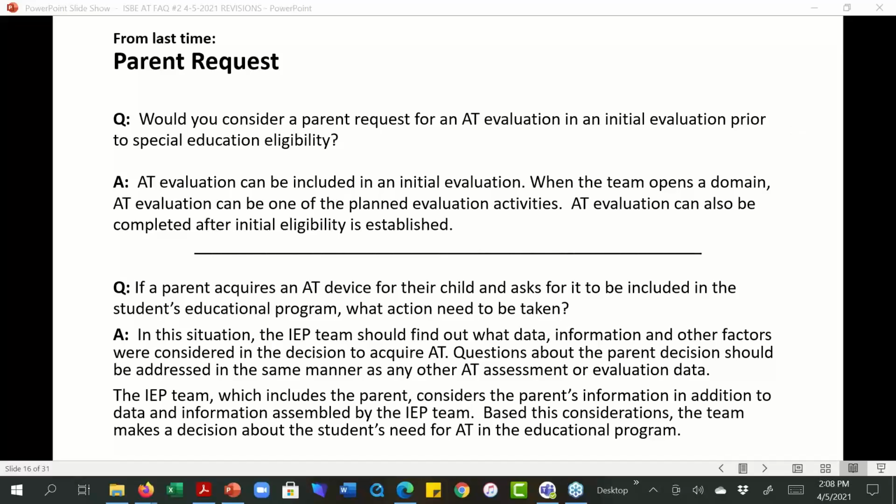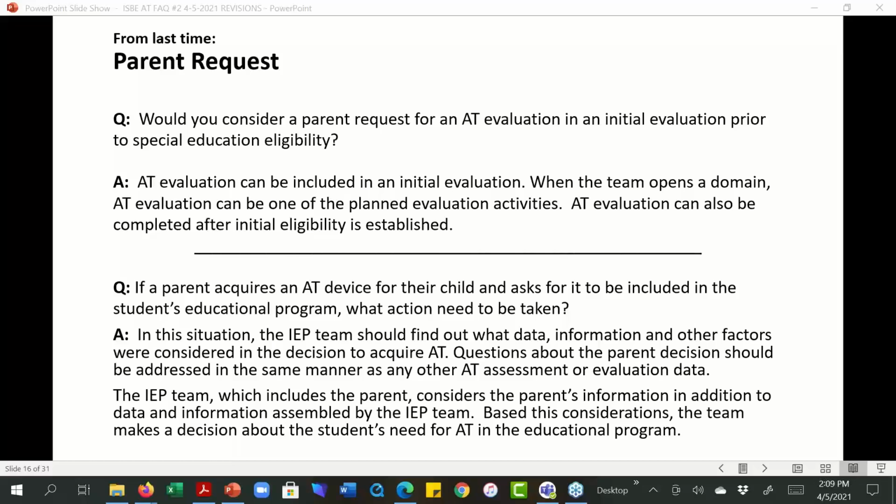So AT can also be completed after initial eligibility is established. So it could be part of an initial eligibility, it could be part of a domain evaluation set of activities, or it could be done after initial eligibility is established.